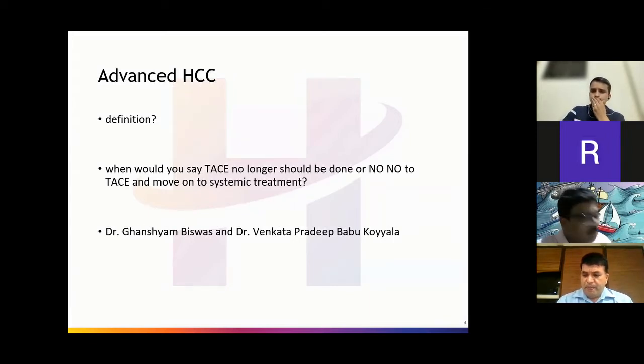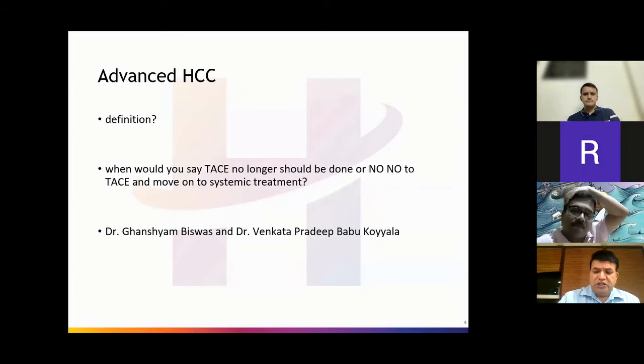So TACE is for, we understand this is for a loco-regional disease, but since still some palliative cases for a large tumor, we know that is causing symptoms. So we at times do, but yeah, patient who has ascites, we understand that this patient has a large thrombus, so they won't benefit with a TACE, and TACE won't be done at this patient. So these are the patients where we need to go for the systemic therapy. Perfect. Dr. Venkata Pradeep, assuming that there is no extrahepatic disease in this patient, it is just what you see